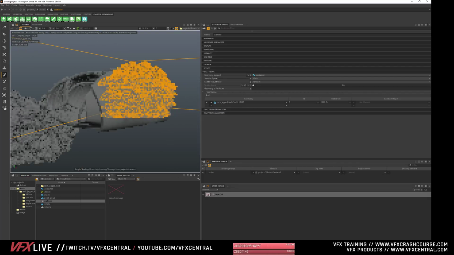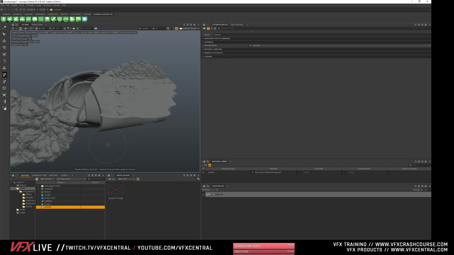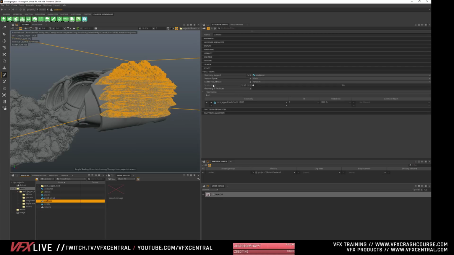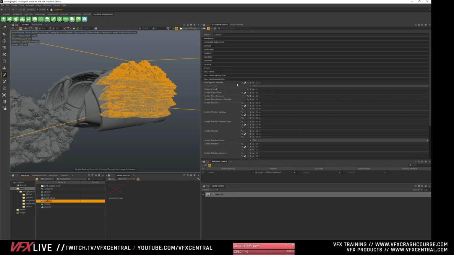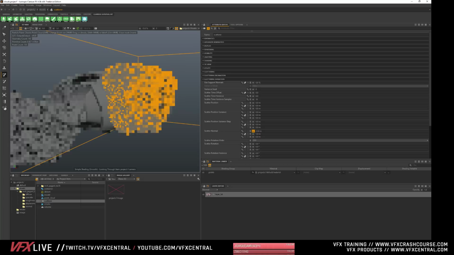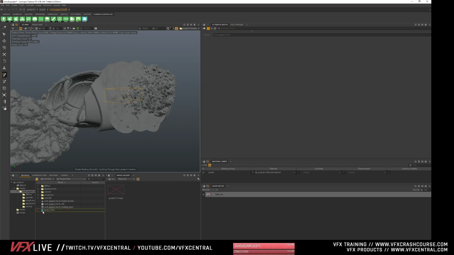So now you can see we have all of these objects scattered on the side of this thing. And I think the reason why it's scattering like that is because of the normals. We have to mess with the normals like that. And these are also too big.